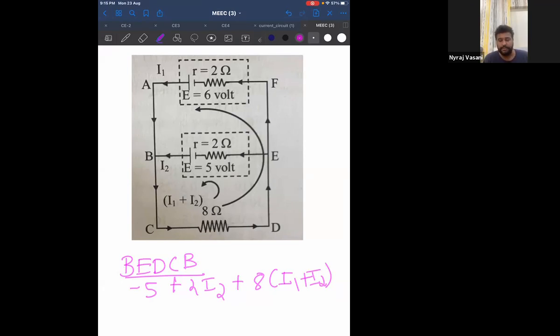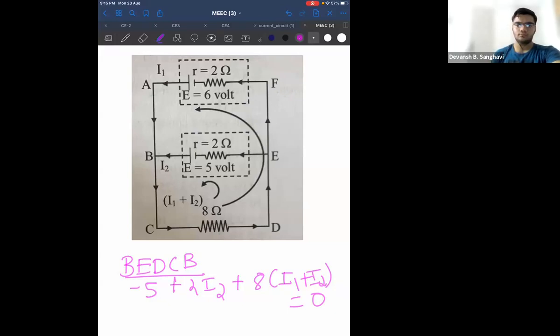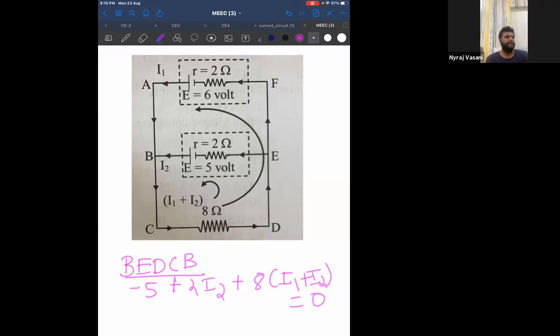No, from C to B, there is nothing. So equal to 0. All of you agree with this equation? Yes or no? Sharvani, yes, good. Little struggle, but okay. Initially, it is fine to struggle a bit, but okay.